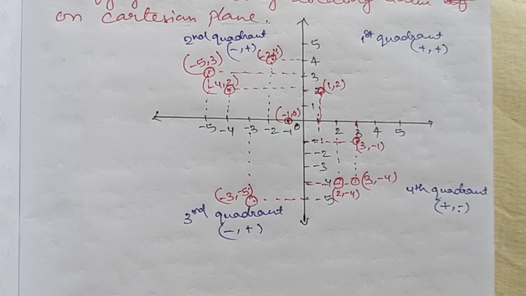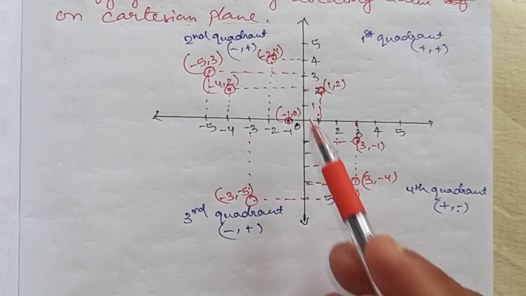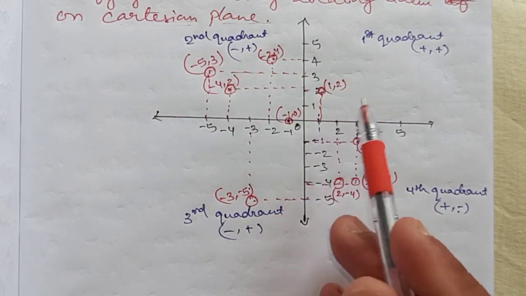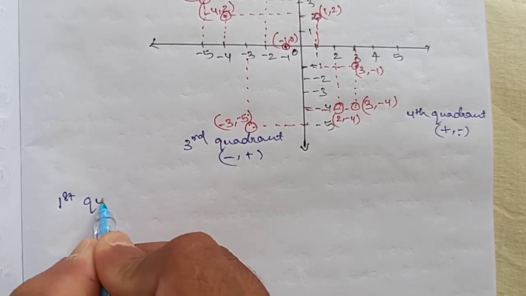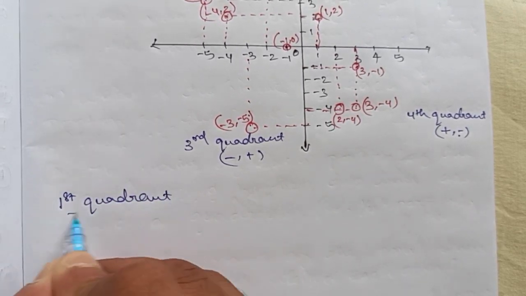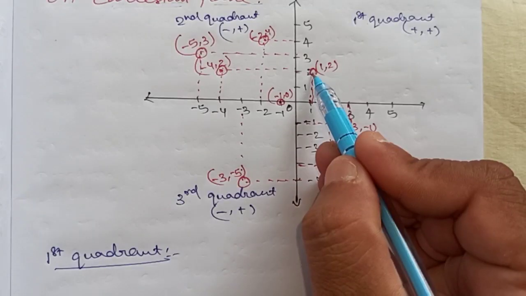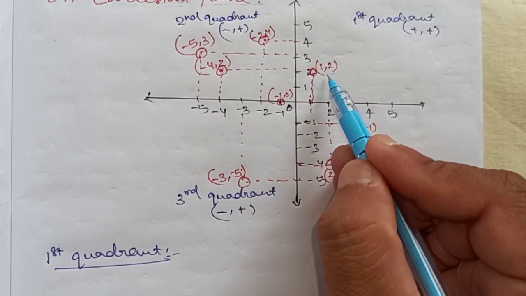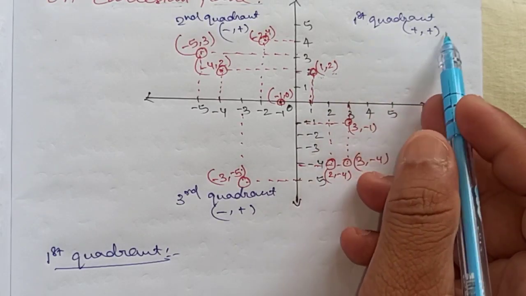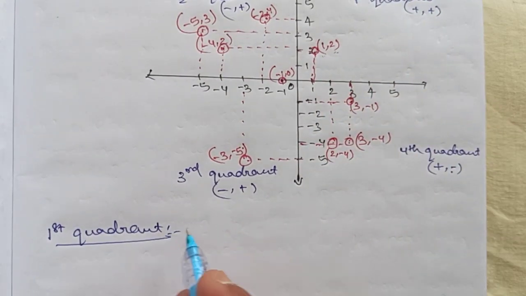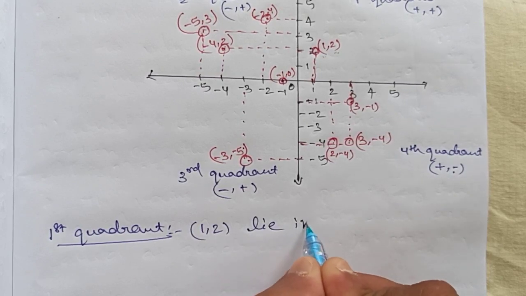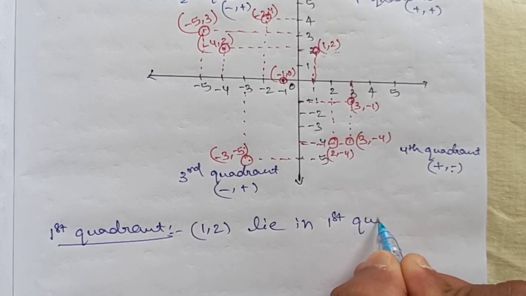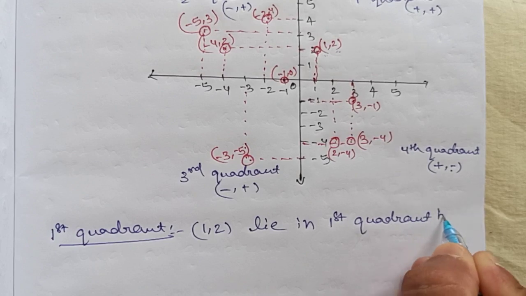Now we have to write the answer, which points lie in which quadrants, and why. So first of all I will write first quadrant. In the first quadrant only one point is lying, because here both the coordinates are positive, so it lies in the first quadrant. So in the first quadrant, 1 and 2 lie,